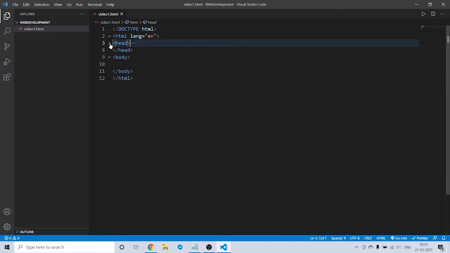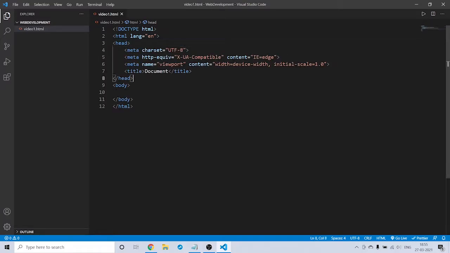If you want, you can close your head part here. You will see these dots here, and when you click on this again, this head tag will be opened, and this is the body part. All the coding which we are going to do is in this body part. So let me tell you this again. The doctype is HTML. We have opened this HTML tag here and closed here.